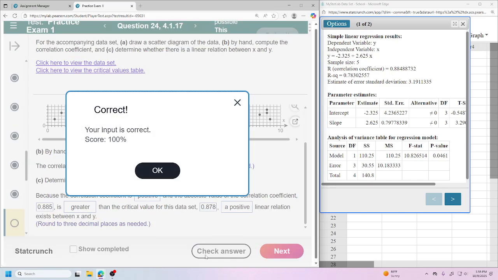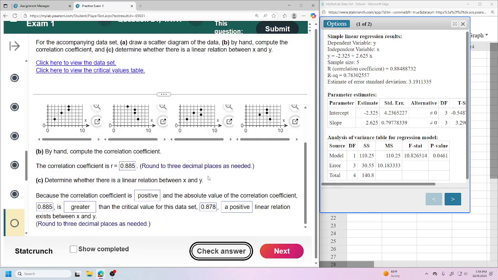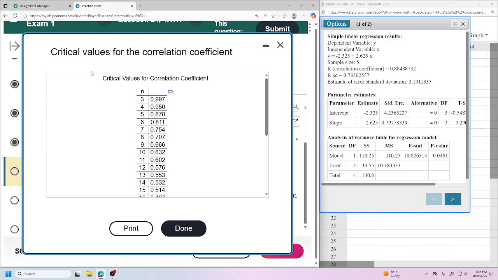Check it. Okay, cool. So what I would recommend for this one, I think the R value and all that's not too bad, but this wording is a little weird. Just go through it a couple times. You'll see these exact same questions on the exam. So what you're doing here is just practicing and seeing like, oh, I need to check here. That's positive because it's positive. Same number. Can I get the idea? Yes. Yep. Exactly. Sample size is 5, so I'm just using that number right there.